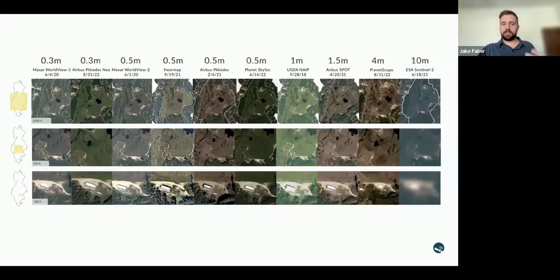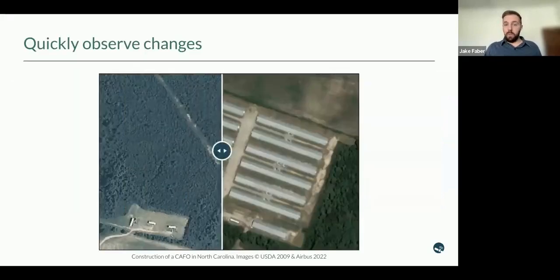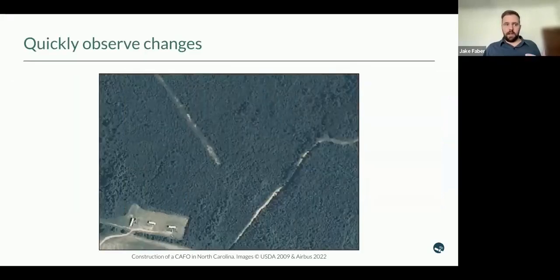And so what we try to do in Lens is provide access to as many different data sources as we can so that no matter what you're working on, you can find something in here that's going to be able to help you to understand those places that you're working in. So how we actually apply this then,